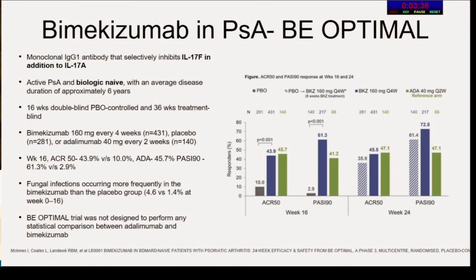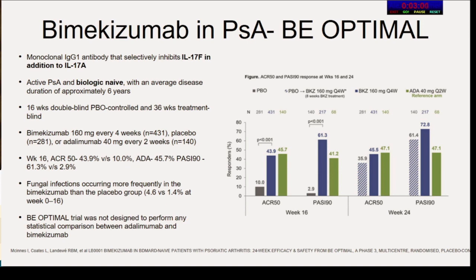A lot of data on other biologics in psoriatic arthritis as well, bimekizumab data. It is a monoclonal antibody that blocks interleukin-17F in addition to interleukin-17A. Patients with active PsA and biologic naive. This study had a reference arm of adalimumab and 2 arms wherein in the initial phase it was only placebo for 16 weeks, which moved on to bimekizumab, and the other group continuously on bimekizumab, again showing significant effect with respect